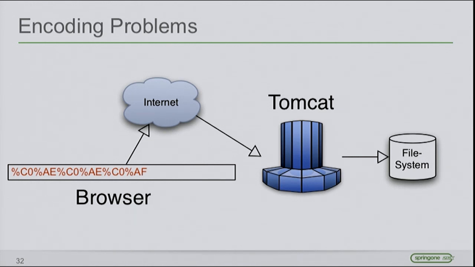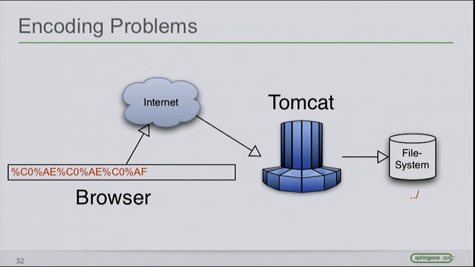But just one more problem, I have no time to demonstrate it anymore, and that is the encoding problem. That affects also a lot of ports, not only that one. And that was a nice one, which was fixed already some years ago in Tomcat, and it affected not only Tomcat, it also affected Jetty and all these stuff. That was the interesting one, because here we provide a URL which looks pretty interesting. It's a Unicode URL, and it's not valid Unicode. The C0AE is one character, and it's a very high character. Actually, there is no character with that Unicode.